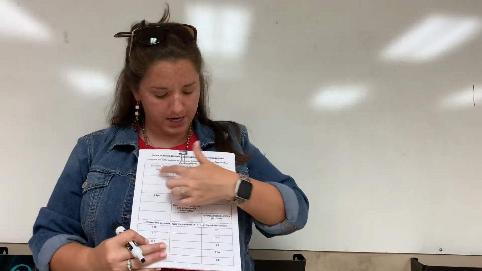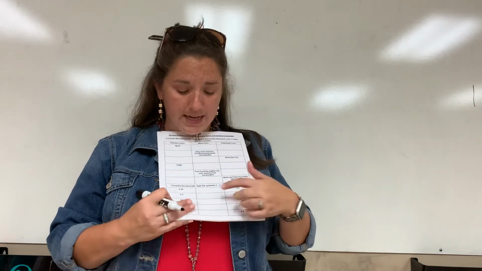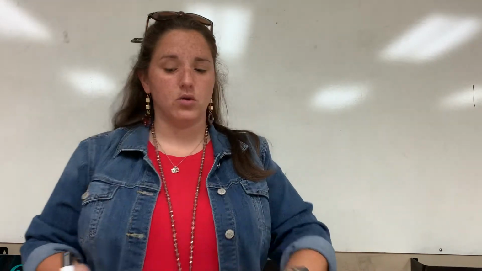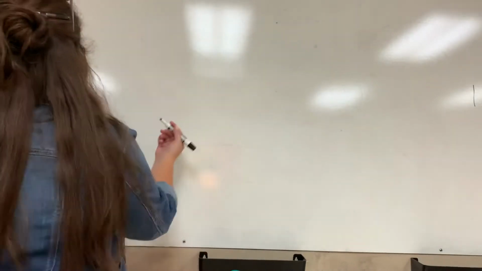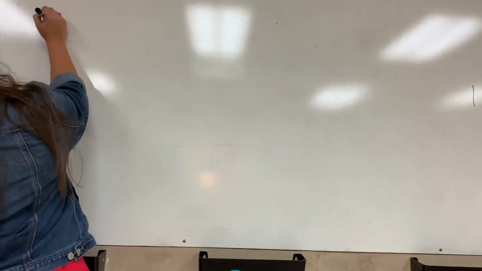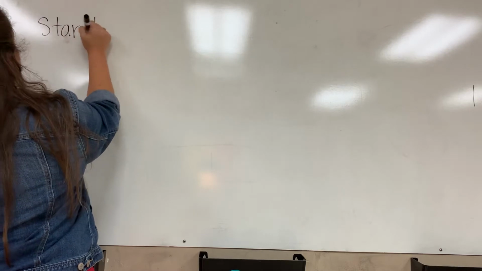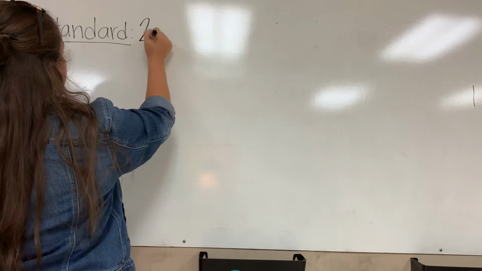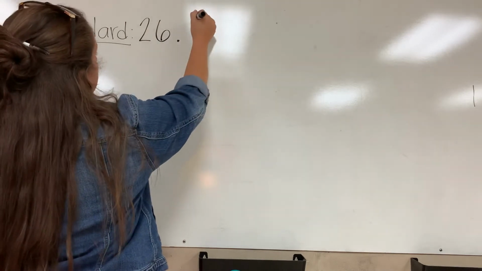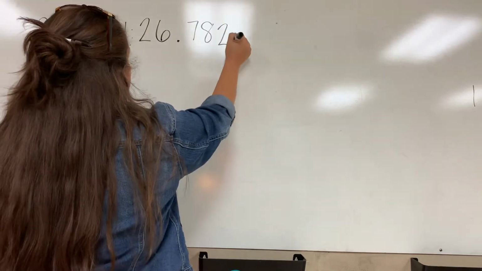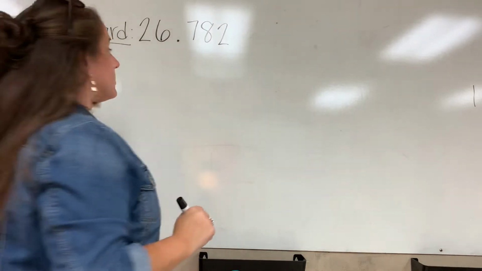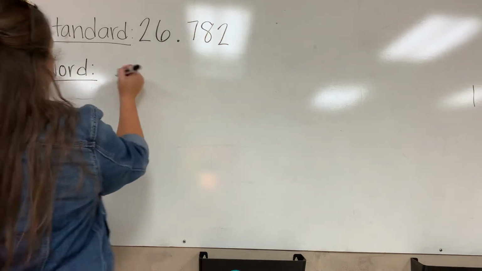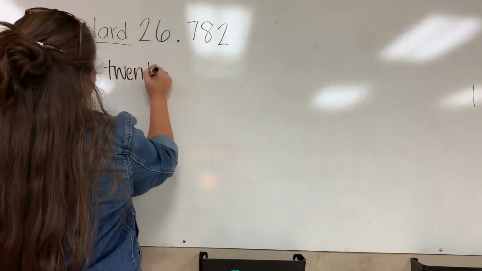It's got the standard, word, and expanded form for decimals and comparing decimals. I'm going to do a couple examples just to refresh your brain a little bit. So let's say my first standard form, remember, is just the number. So I could have 26 and 782 thousandths, okay? So in word form, I'm going to write 26,